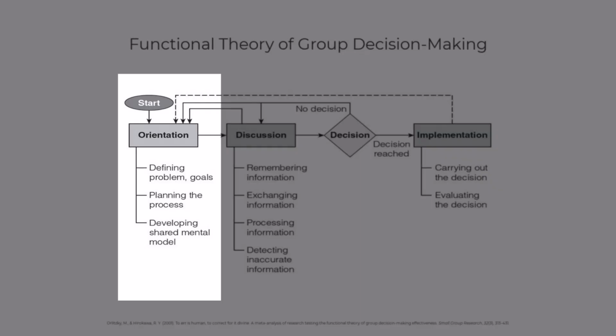In the orientation stage, the group defines the problem and gathers more information about the seriousness of it, the causes of it, and the consequences of not solving it. The members also assess the context and their pooled resources before identifying the subtasks involved in the process and assigning roles. But they don't discuss the problem at this stage. By first orienting themselves with the problem, they develop a shared mental model and come to a common understanding of